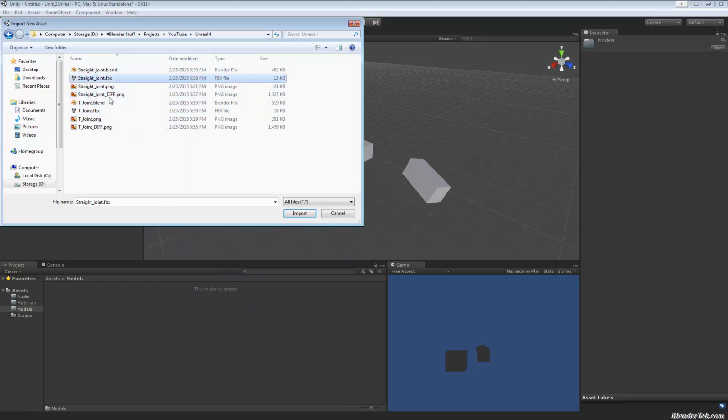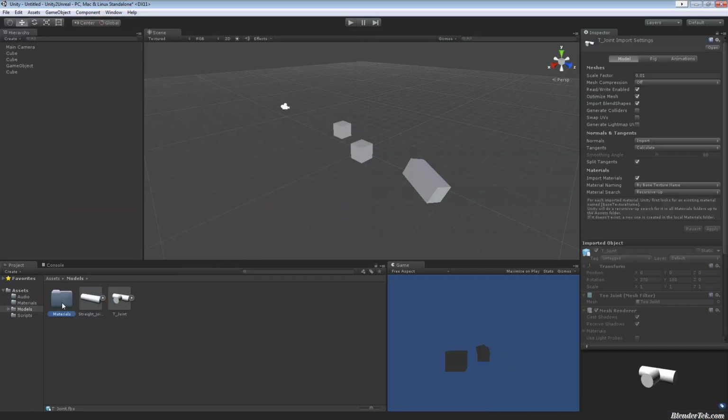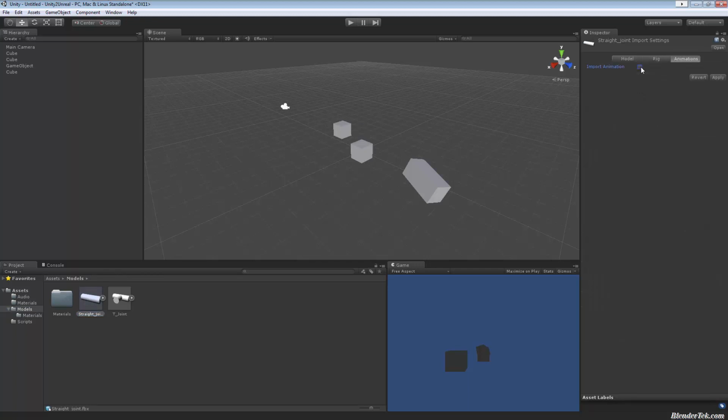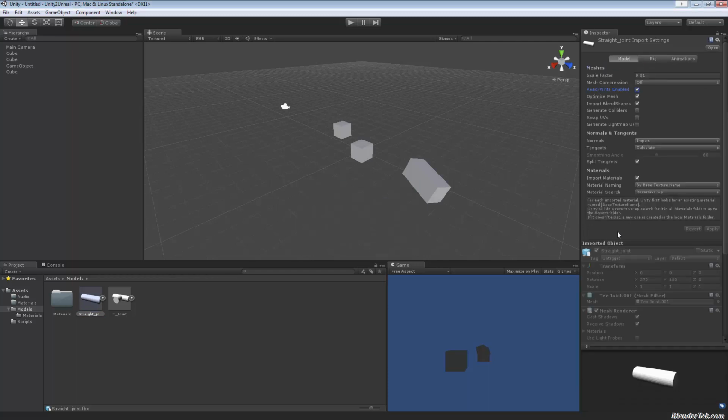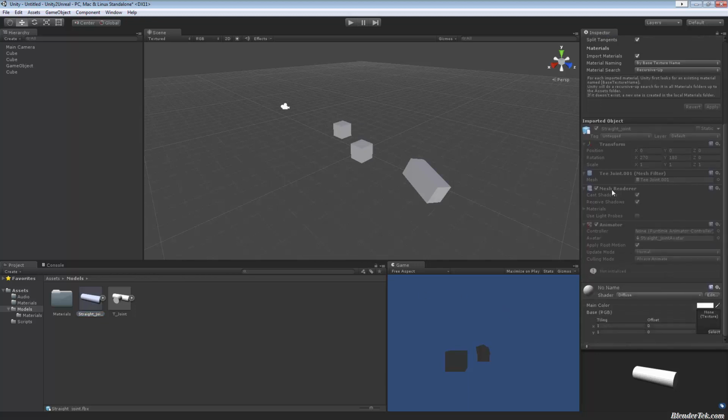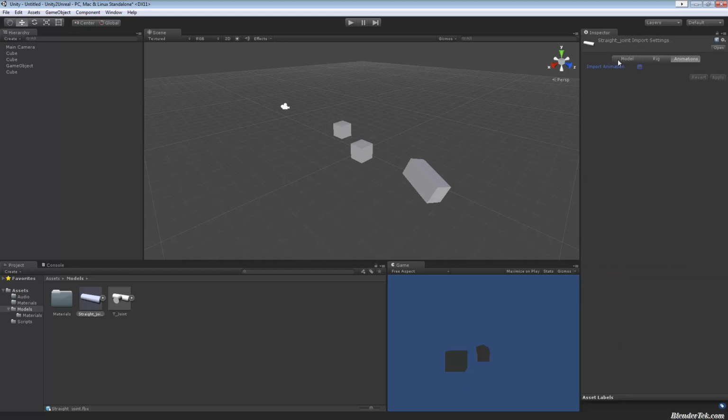So in Unity, I'm going to import both of these assets. You'll see it creates the materials folder automatically. Now, when we import a model into Unity, it allows us to have all these options. We can import rig, we can import animations, and based on that, it gives us our model prefab. So right now it's just a basic object. It's got a renderer, a transform, and a mesh filter. Very basic, and I'm not using animations, so yeah, it's as simple as that.